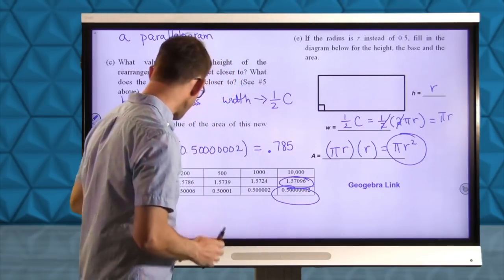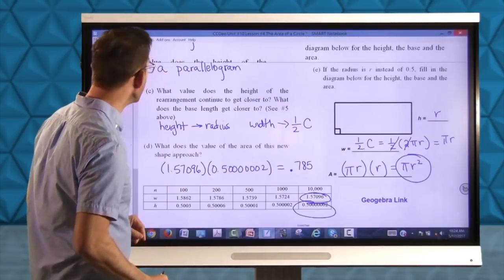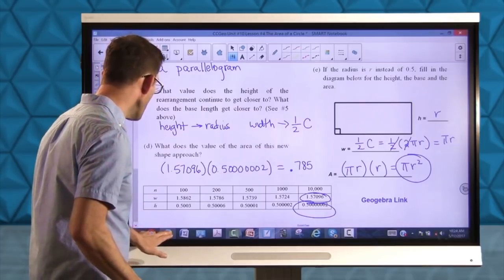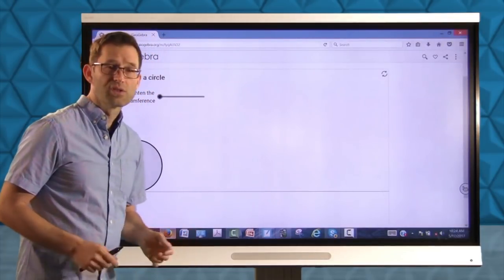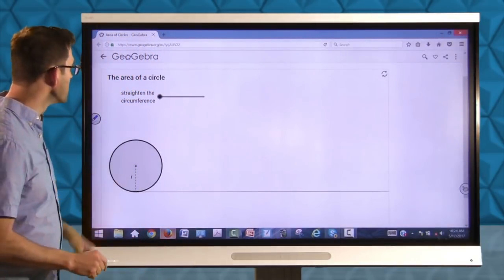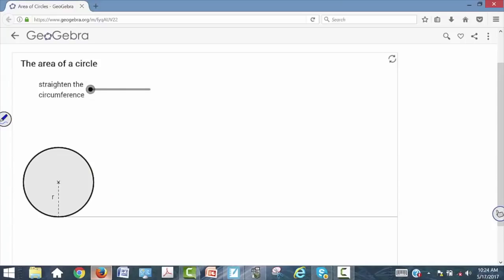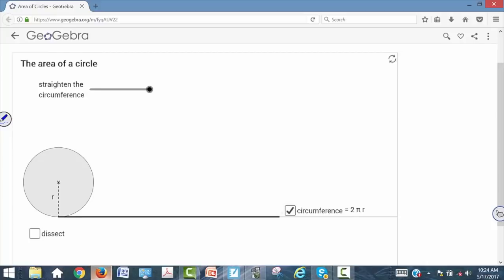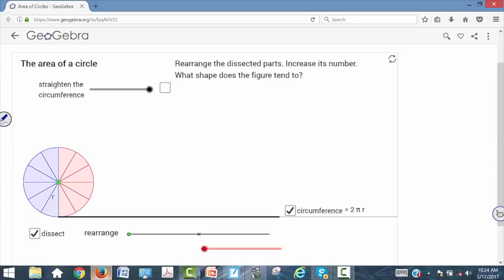Let's take a look at this actually in GeoGebra. It's, if you don't mind me saying, wicked cool, right? Here we've got a circle with a radius of r. What I'm going to do is straighten out the circumference. So there's my circumference, 2 pi times the radius. Now what I'm going to do is dissect the thing, just like we did before. And what we can do,